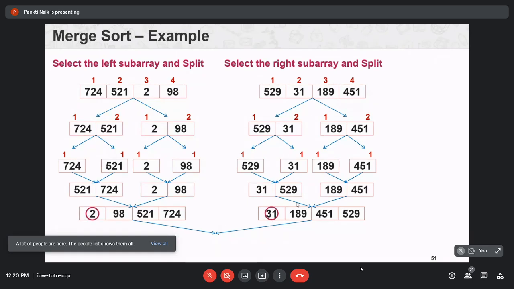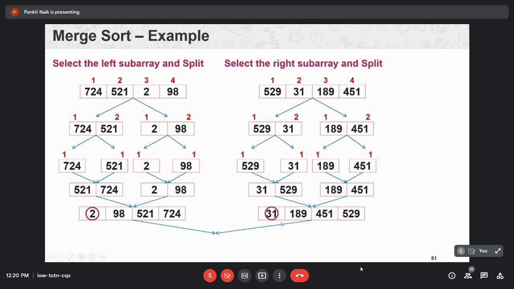So we check whether the value of I is less than mid value and the value of J is less than high value. If this condition is true, then check if the smaller element is present in the left sublist or the right sublist. So we have to check if A of I is less than or equal to A of J.